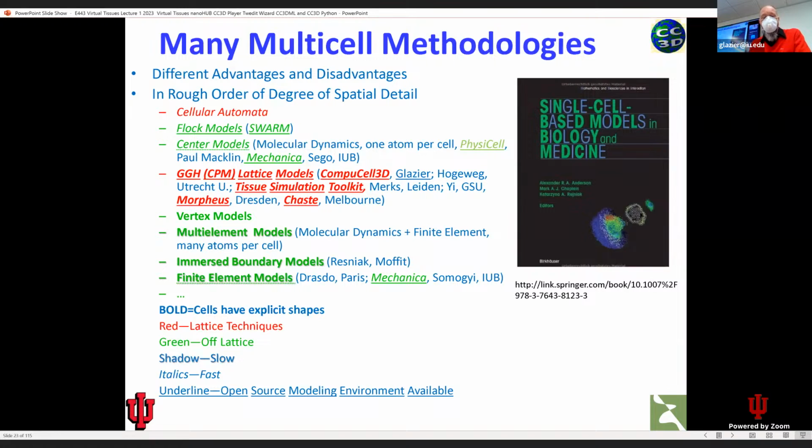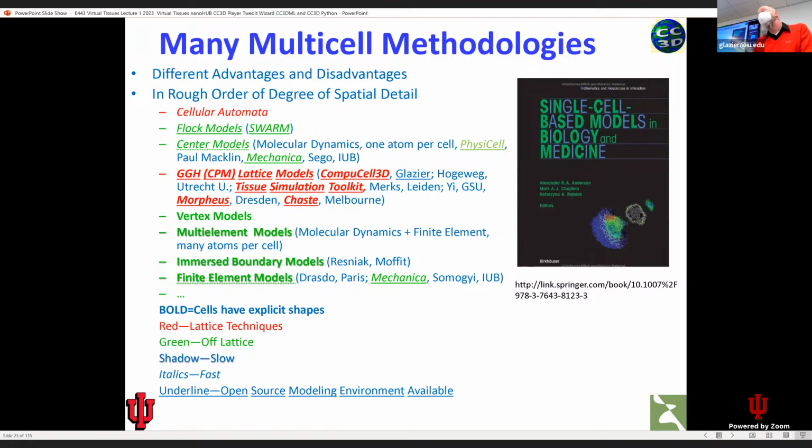How you represent cells and tissues is different. There are a lot of different methodologies. Some of them are faster than others. Some of them are more detailed than others. Each one has its own set of advantages and disadvantages. People taking Paul's course and my course,